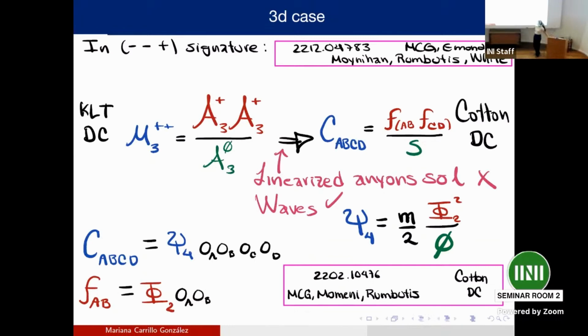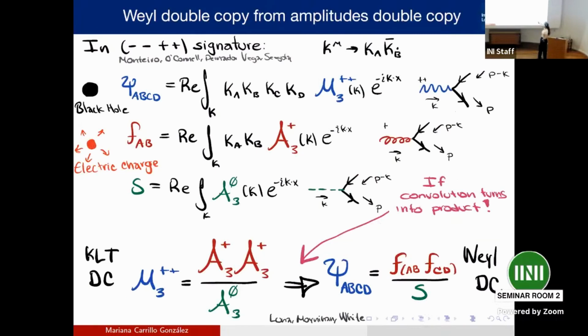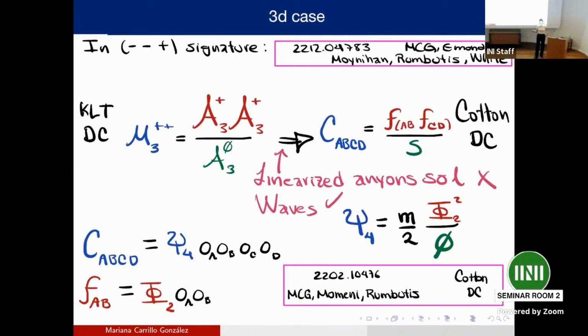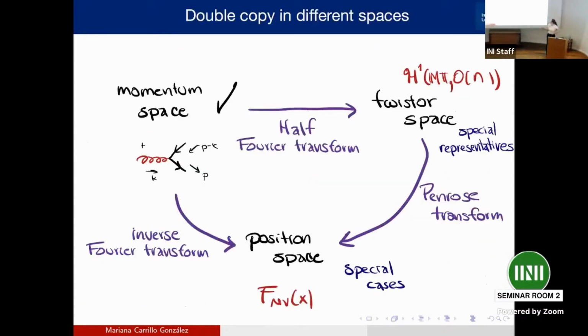For wave solutions, the Cotton spinor and the field strength spinor look in this simple way with some spinor basis O. But if you want to do something like a linearized anyon, which will be the analog of what I had here, so scattering of a topologically massive graviton with some massive scalar, then the double copy does not hold. So the question is, why is this the case? And twistor space is going to help us answer that question. Any questions so far before I introduce twistors? Okay, well,